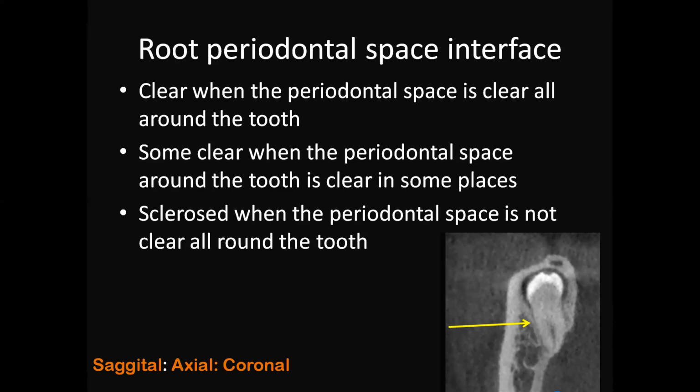When there is sclerosis, meaning when there is bone or cementum formation over there, it will be difficult to remove that tooth. So you also need to see the PDL space which is present. If the PDL space is reduced, it will be very difficult. At the same time, if there is a radiopaque structure, it could be either bone or cementum. So again, it will be difficult for the extraction.